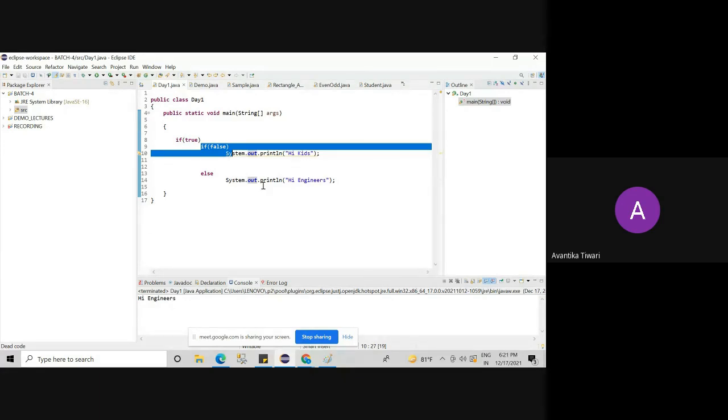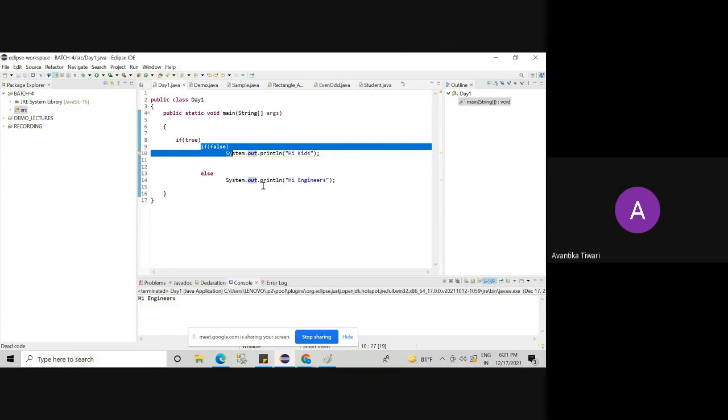When we are using nested if else statements in a Java program, this is applicable for all languages, then the else part belongs to the nearest if block.